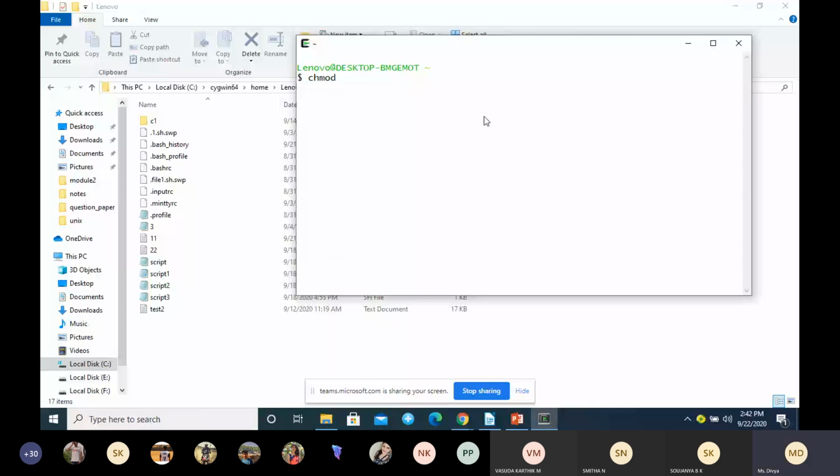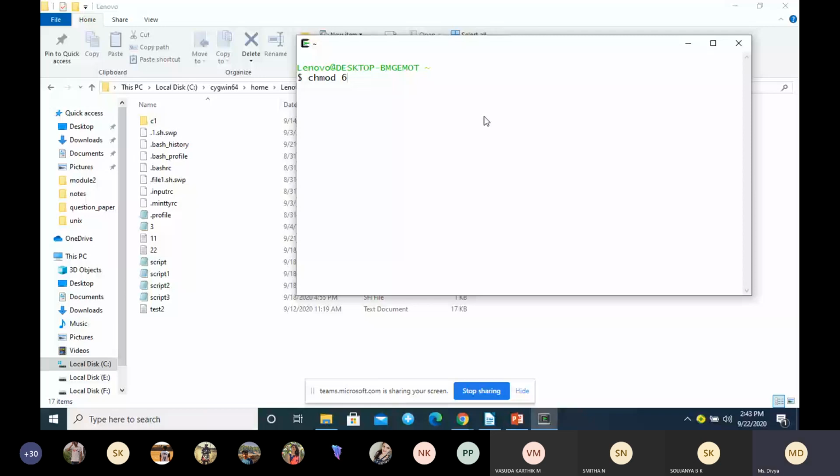For user we are setting the permission. So first it is user, second is for group, and the last is for others. Now I am setting the permission for user. What does 6 mean?